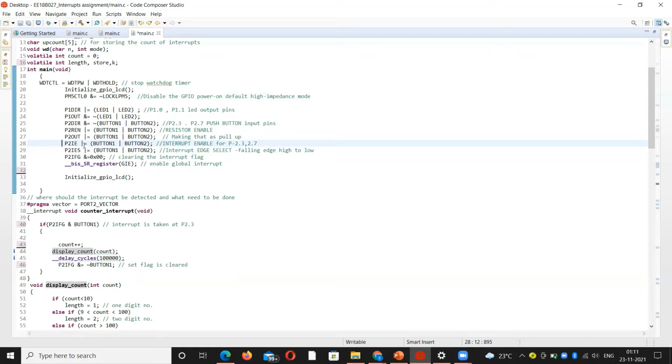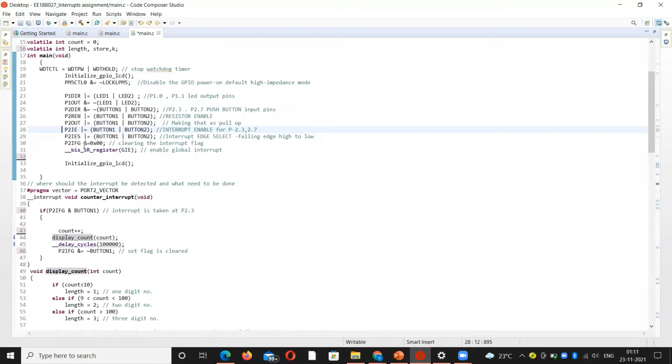The interrupt enable is enabled at P2.3 and P2.7, which are initialized as input, and we are taking the interrupt at those particular pins which are already initialized as input. Interrupt enable is first set, and in the next step interrupt edge select is set at those pins, which is nothing but falling edge, high to low.